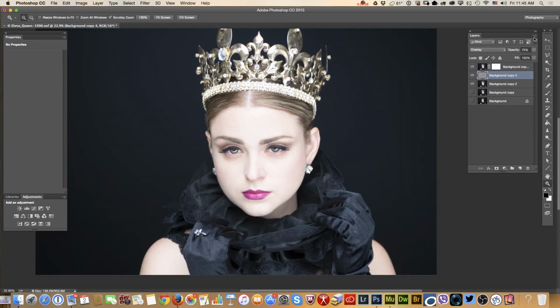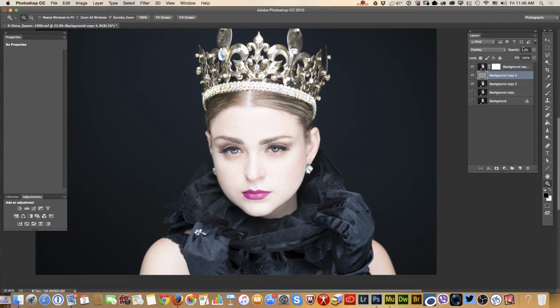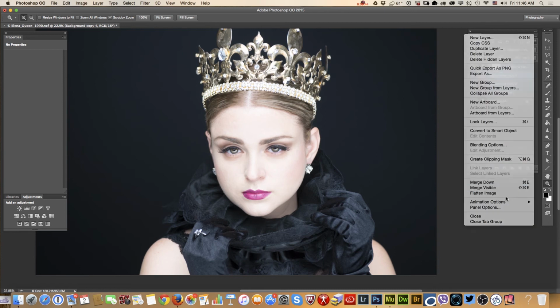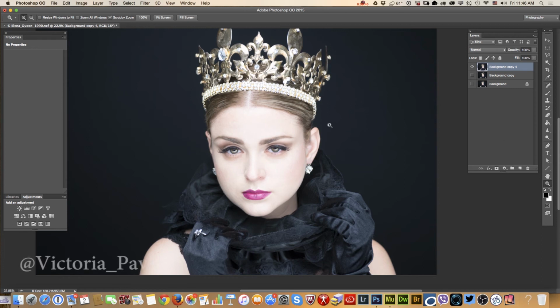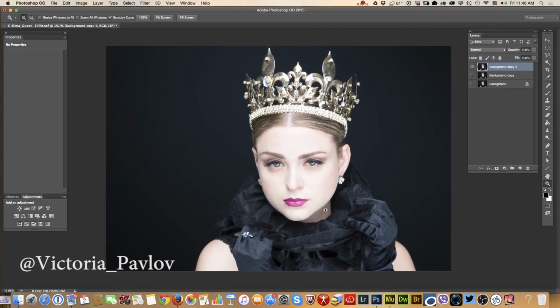And right now I will merge all visible. Yes, all merge visible. And right now I will apply adjustment layers. Guys, I will apply adjustments to my image using adjustment layers, because in that way I will not destroy my